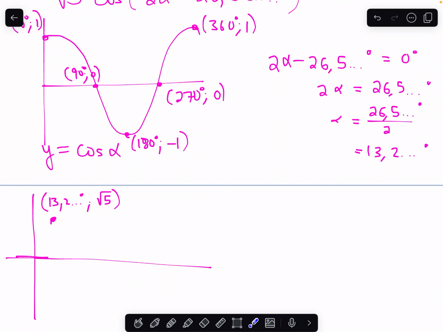Okay, and then the next question is, okay, who is the new 90 going to be? So we repeat the same process, except now we ask ourselves, okay, which input is going to give us the same result as 90 would have in this original guy? So that will be